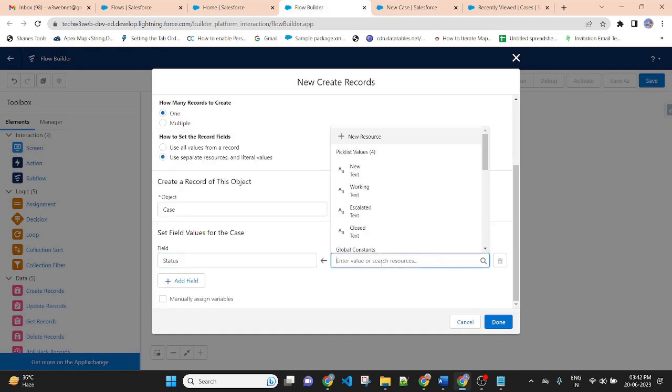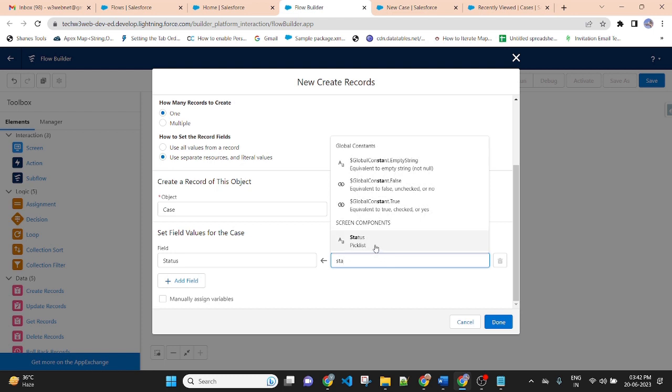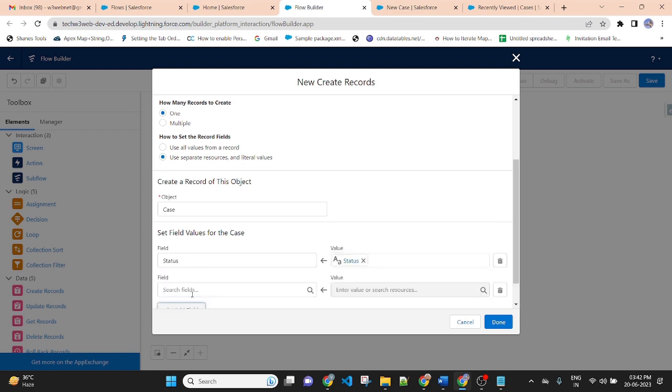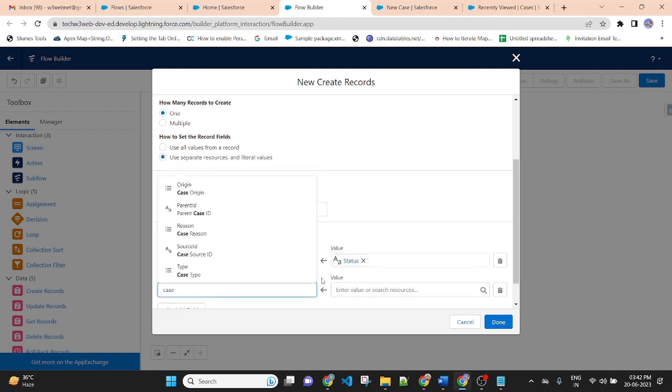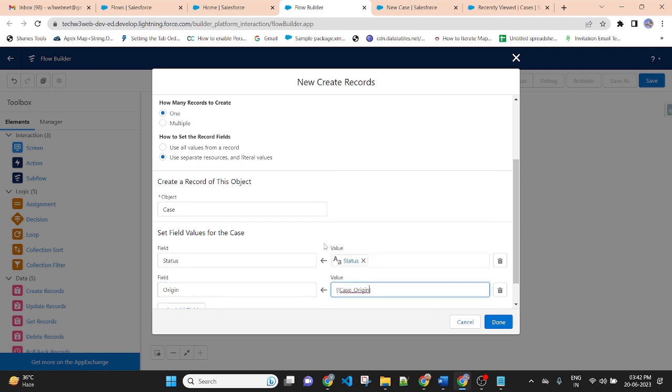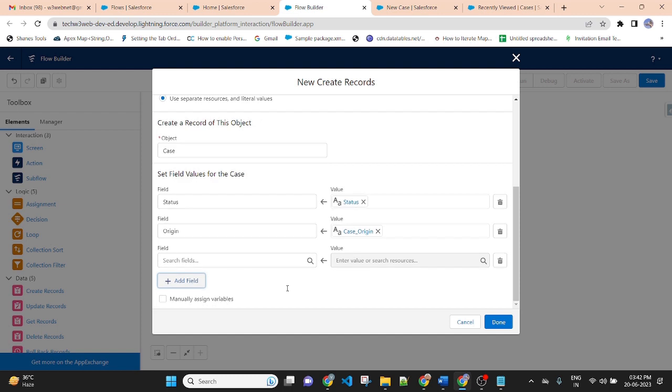Status, passing the value status; case origin, passing the value case origin; and there is account ID. Account ID is the lookup field between case and account. Pass record ID, and the value will be record ID.